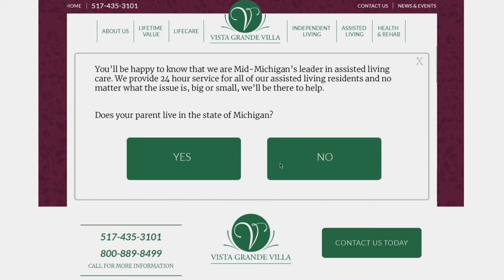Now if someone clicks on assisted living, we are taking you to another page. From a design perspective, I think we can add a lot more images over here and make it much more visually compelling, which we certainly would, but we've put this together to demonstrate how to take an open-ended website and break it into a sales funnel. And then over here, we're saying you'll be happy to know we're the leader. Again, we're confirming that, and then we're confirming the choices they've made. And then we're asking them a question, does your parent live in the state of Michigan? Because we want to know if they're in the state or outside the state. Again, this is a power tactic.